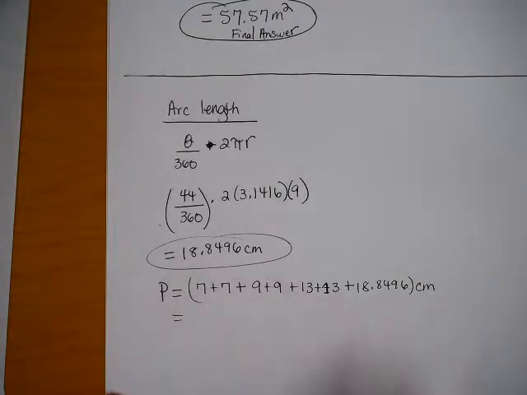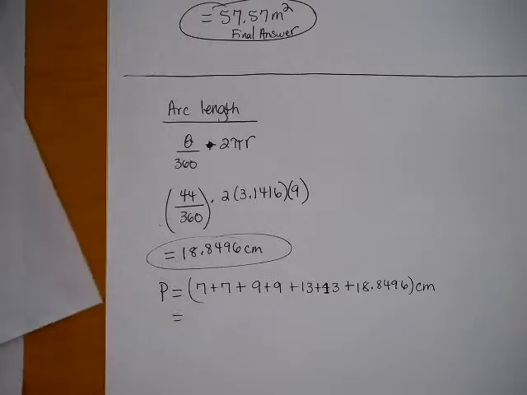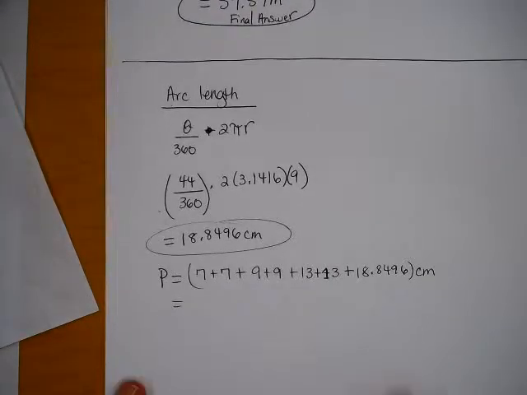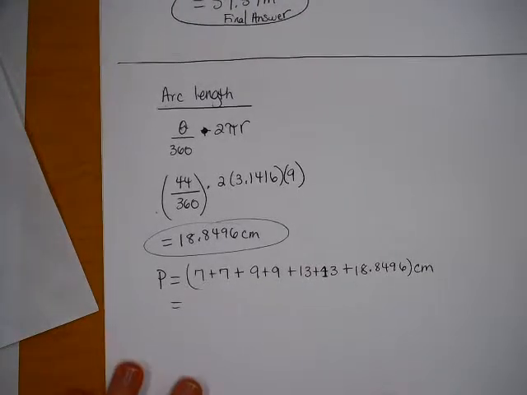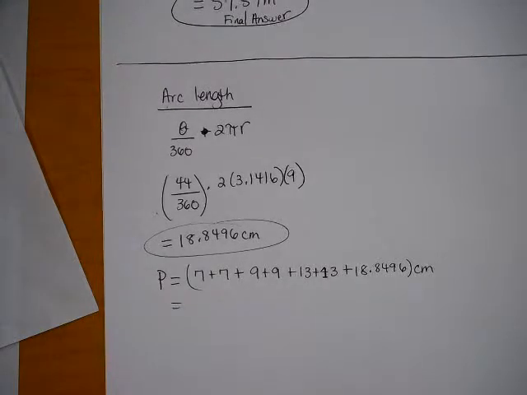Perimeter is a linear measurement, not square centimeters, that's area. And so when I add all of that together, I get that we have a total